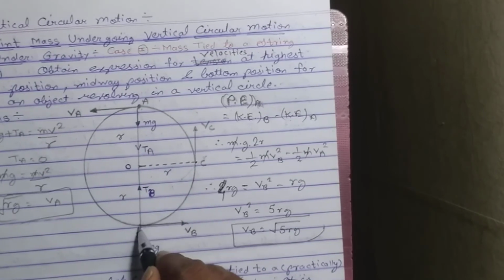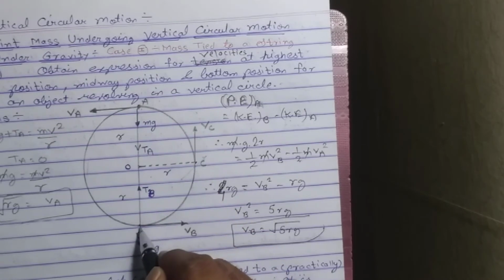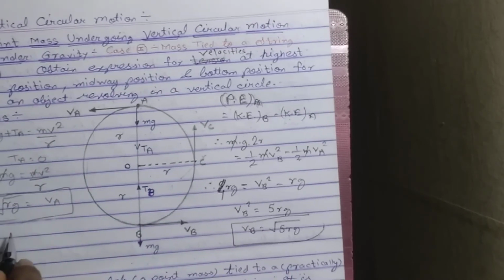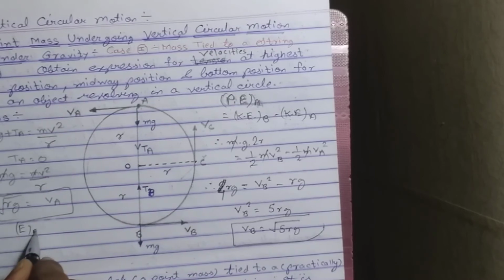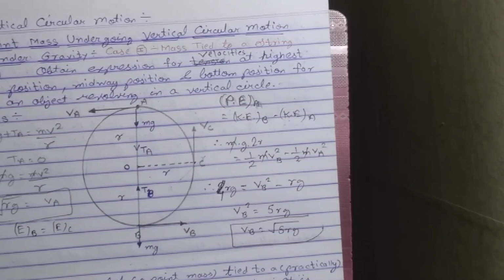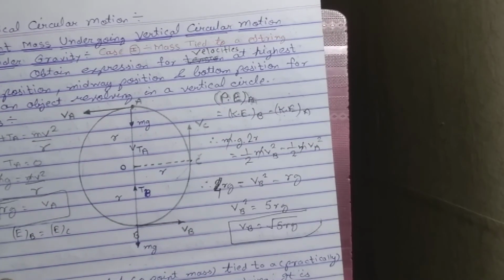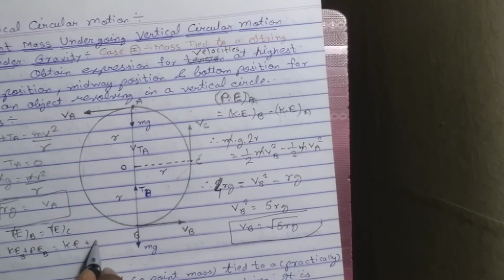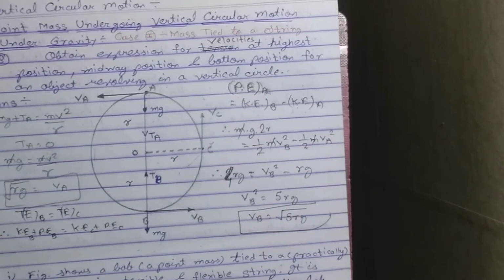Students, when the object moves from point B to C, will you say total energy at point B is always equal to total energy at point C according to conservation of energy? What does total energy mean? As you know, total energy we can say TE. If I say TE, what is total energy? Kinetic energy plus potential energy at point B. Here also I will say kinetic energy plus potential energy at point C. Now let us apply the formula.